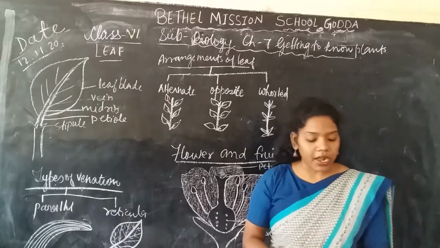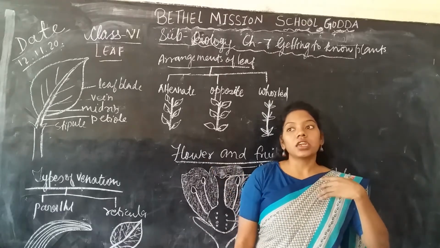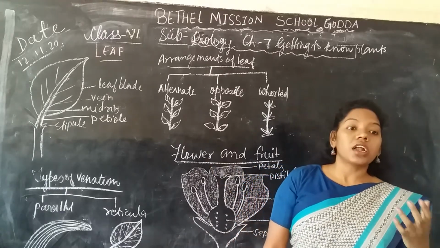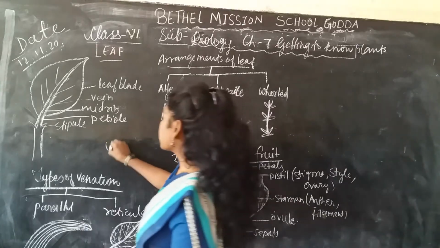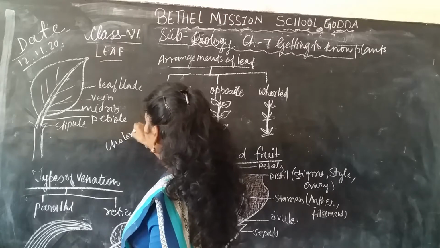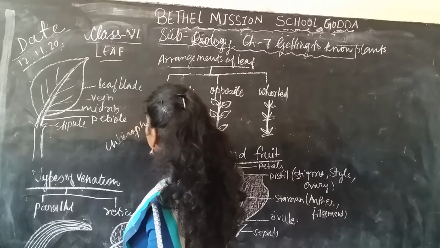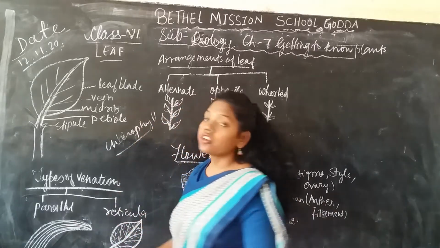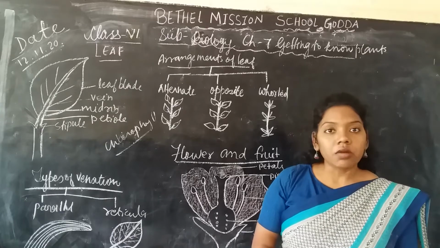in different plants. So this color which you see, green color, it comes from the pigment contained in the leaf, which is called the chlorophyll. So this chlorophyll gives the green color to the leaf or the young plants.